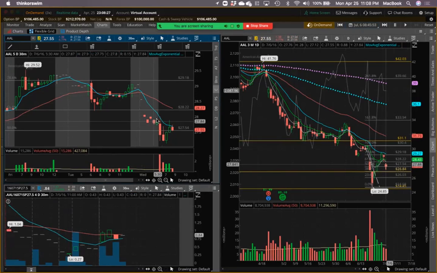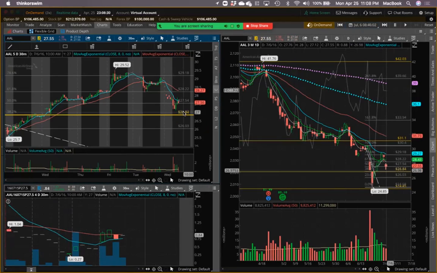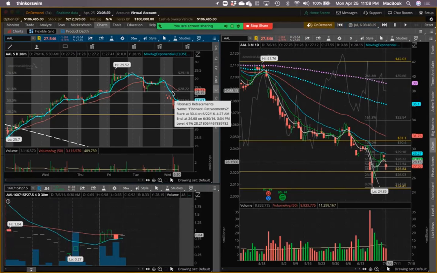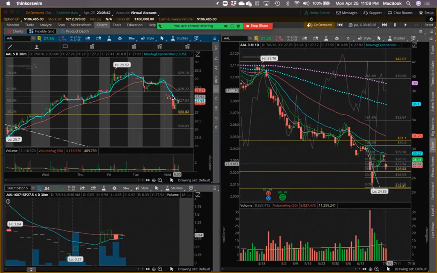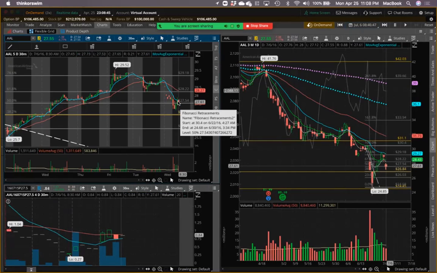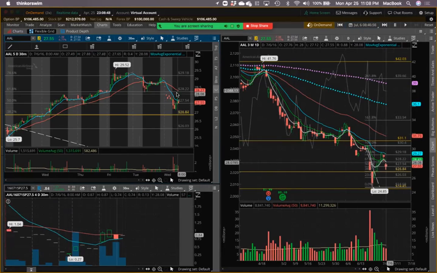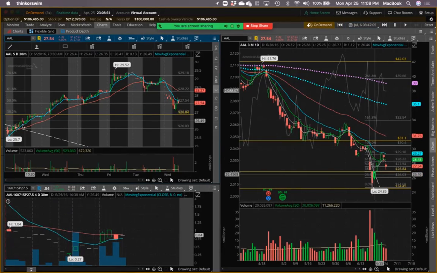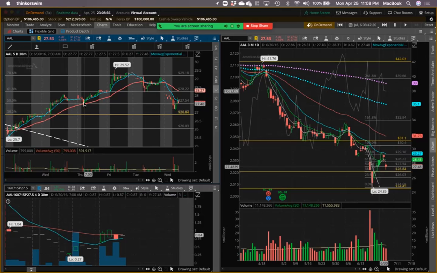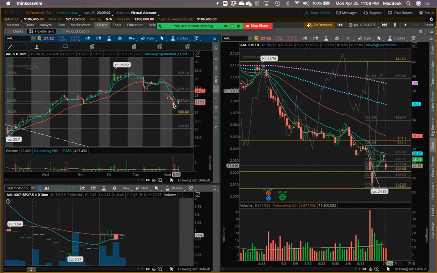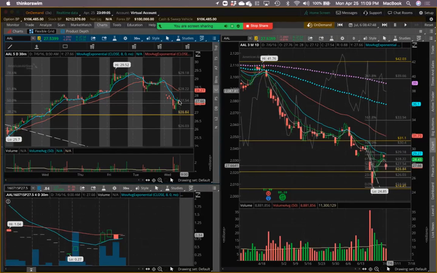So even as it comes up and creates its recovery for the day, what do we have as resistance on our intraday chart on the 30-minute? We have the 8 EMA to see if it'll push it down. And even if it breaks through that, the 34 EMA could be the thing that pushes it down. Just like it was riding the 8 EMA on the way up. And sometimes if it broke below it, like in this case, the 34 EMA said, no, you're still good, continue to go up. So in this case, we should expect to see the 8 EMA continue to ride this thing down,